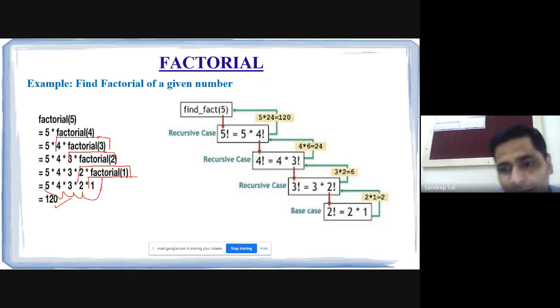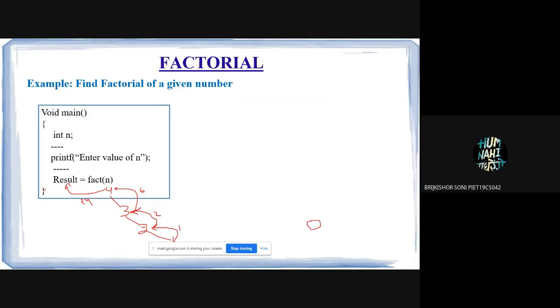There is one more diagram you can understand. Any doubt in this? How it works? Every diagram is trying to depict the same thing in a different manner. Is it okay now? Anything you want to ask?